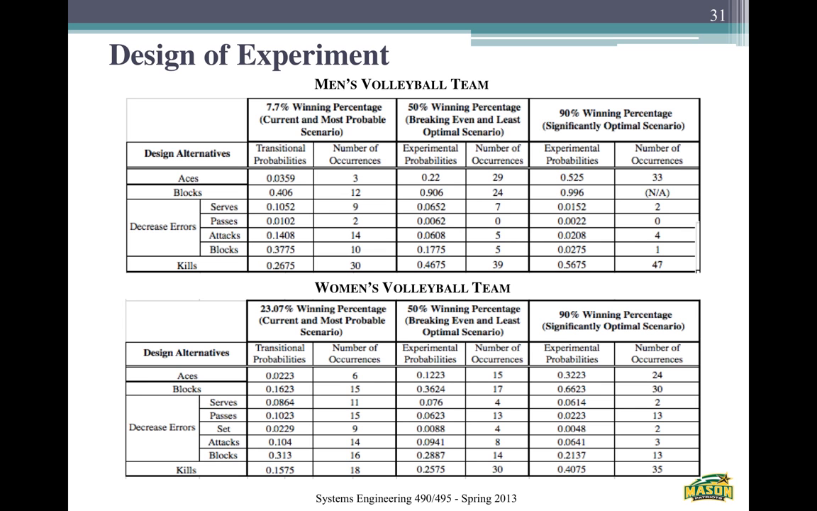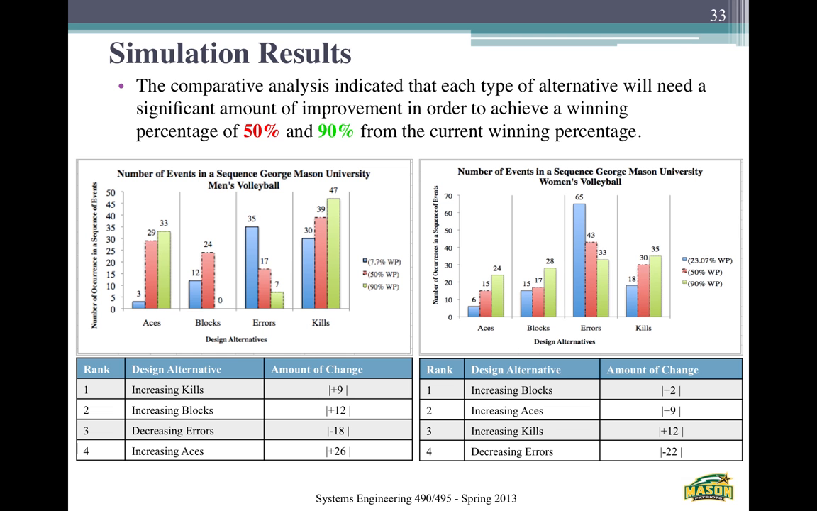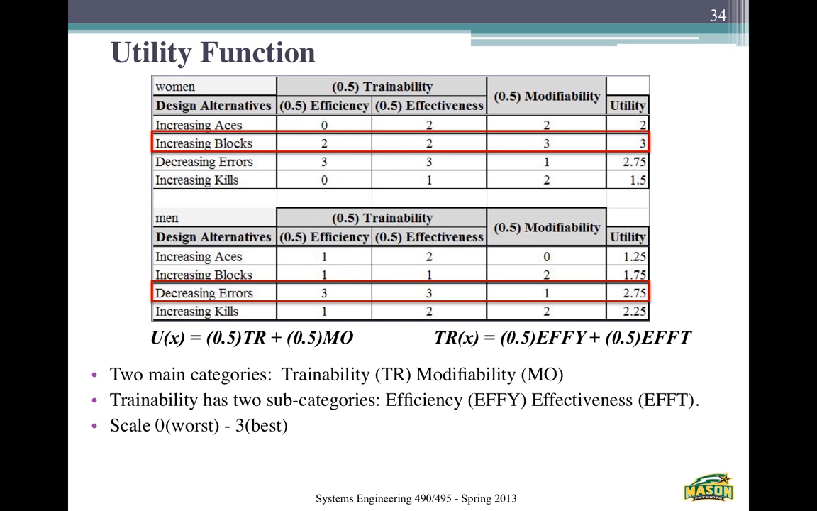This is our design of experiment. As you can see, our design alternative, the transitional probability of the original, when they were winning 50% and when they were winning 90%. This is our results and recommendations. You can see some of the graphs in here of how the design alternatives changed when we increased some of the design alternatives. Also, the utility function, this was based on our two main categories, trainability and modifiability, and trainability has two subcategories, efficiency and effectiveness,